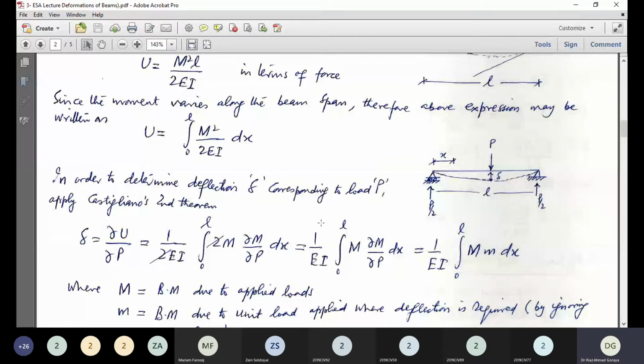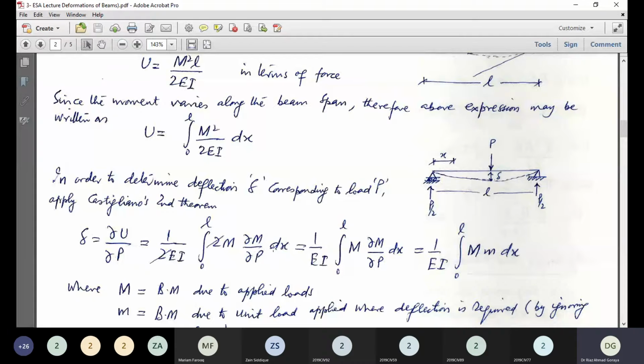Now we will apply the Castigliano second theorem. It states, take the partial derivative of the strain energy with respect to this load P, because we need the deflection corresponding to this load. So look at this deflection, partial derivative of this strain energy with respect to P. This will become 1, these two will come here, 1 over 2EI integral 0 to L M